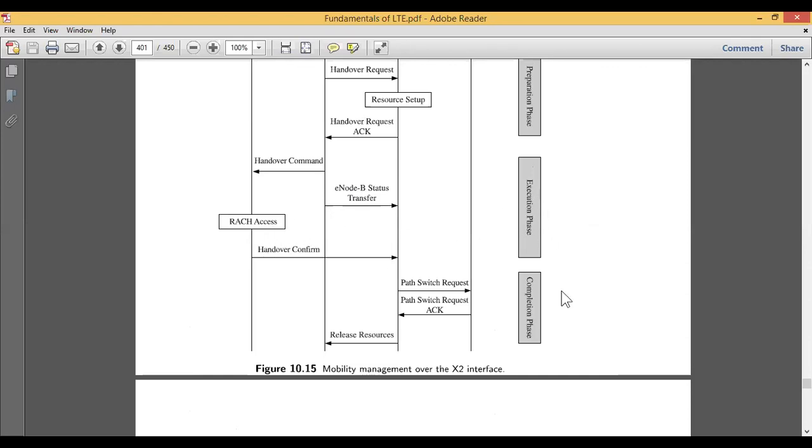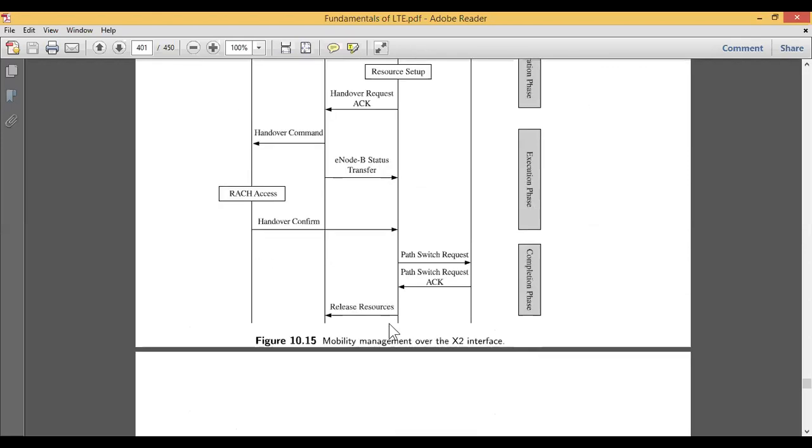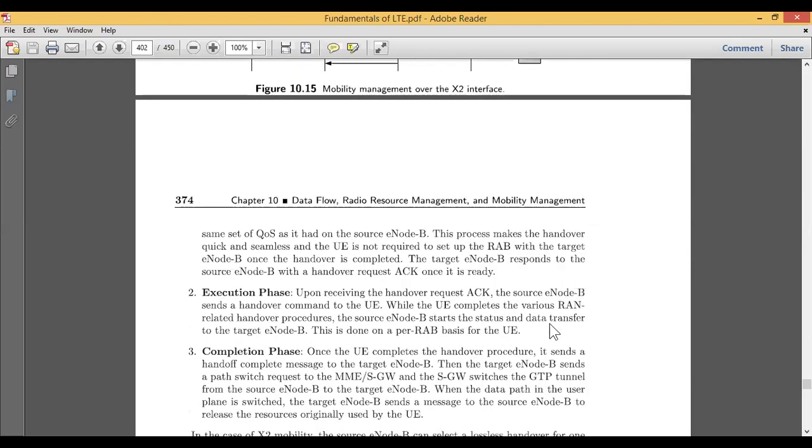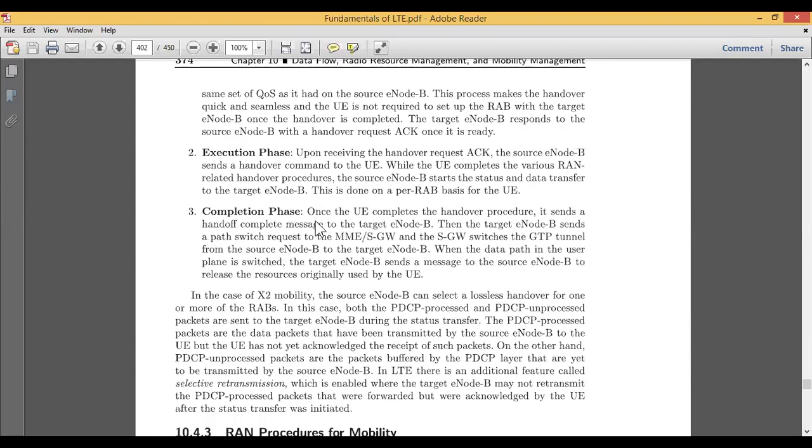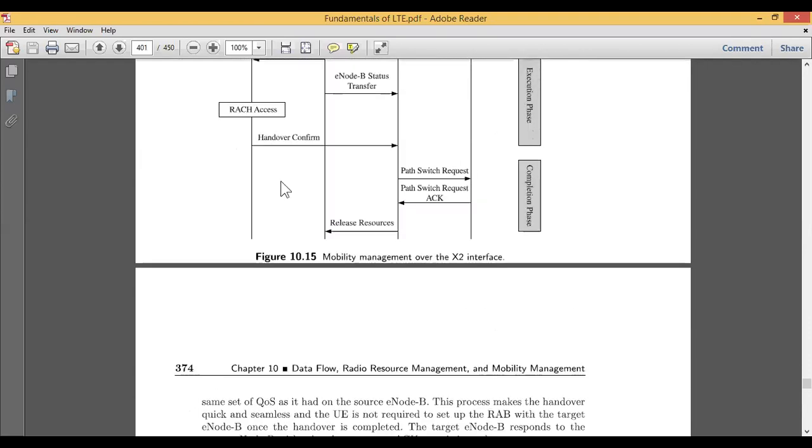What is there in the completion part is, once the status has been received by the target eNode B that the user entity has utilized all the resources and the handover procedures are done, then the last operation is the completion phase, where the user entity confirms the handover procedure by sending the handover complete.